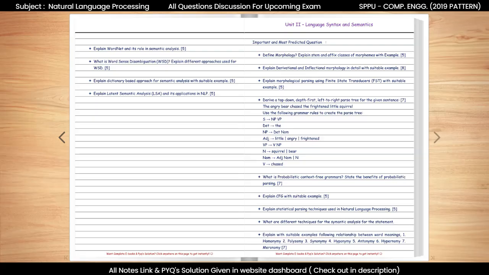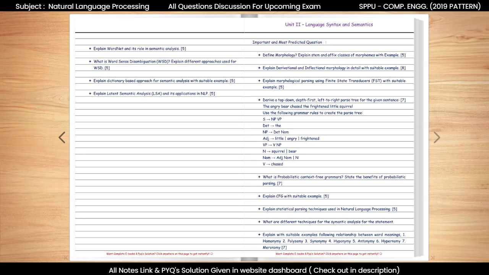Now, let us move on to our next important topic, derivational and inflectional morphology. From this topic, we can expect questions such as, explain derivational and inflectional morphology in detail with suitable example. Derivational morphology creates new words by changing the meaning or category of a word, such as adding ness to happy